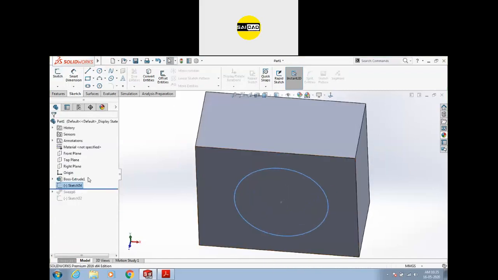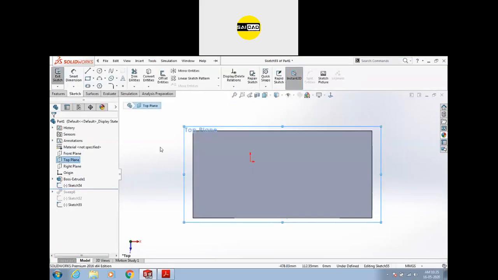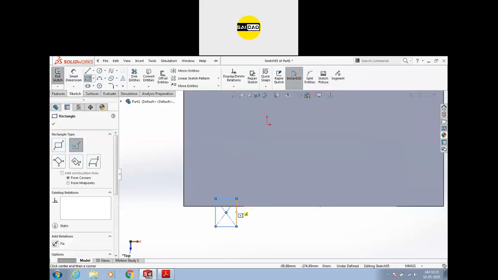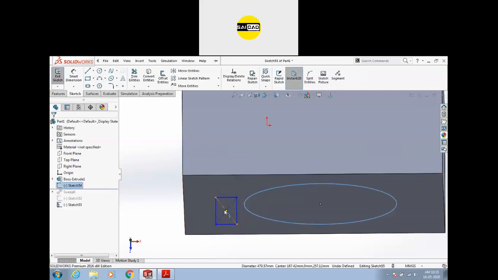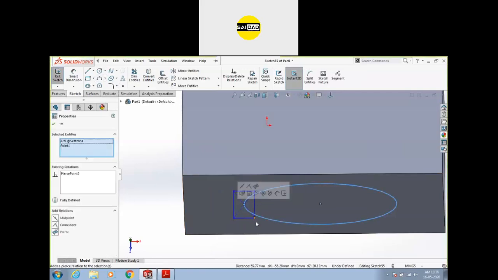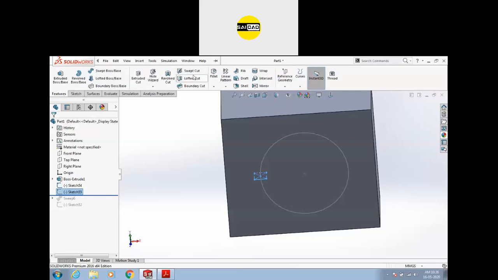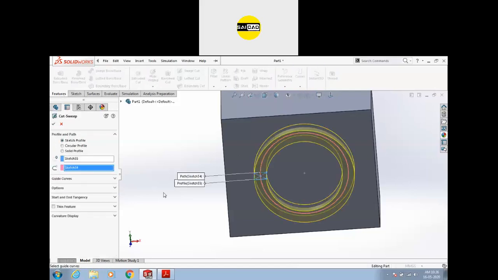And if you want to cut from here, you just define like this and exit, and feature and swept cut along this axis.